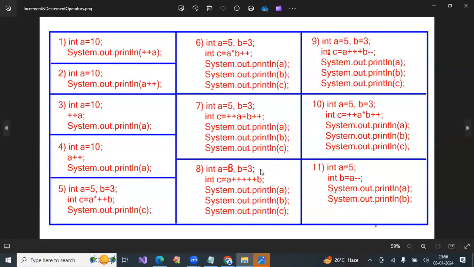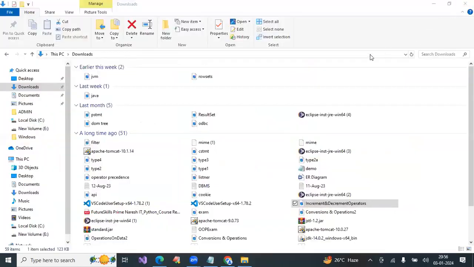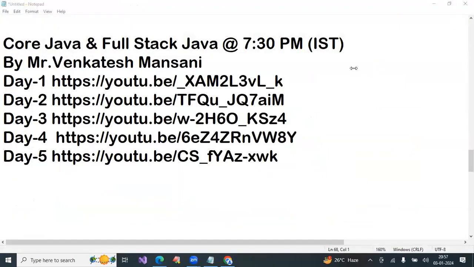Example, 11 questions are there. I'll give 11 minutes. Within the 11 minutes, you need to write answers in your notebook only. After 11 minutes, I'll give the answers. Then you have to check yourself how many marks you got. Like that, you can do. Assignments, you have to do after 1 week. I'll explain. Then you have to check yourself how many you did right and how many wrong.